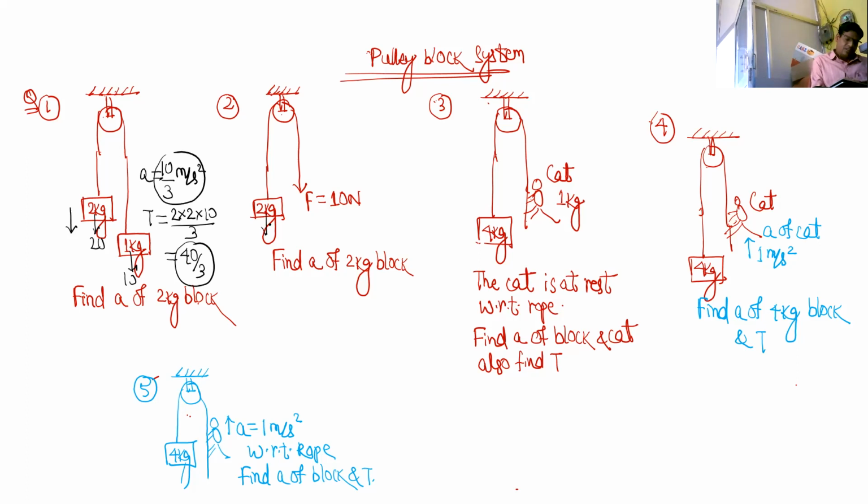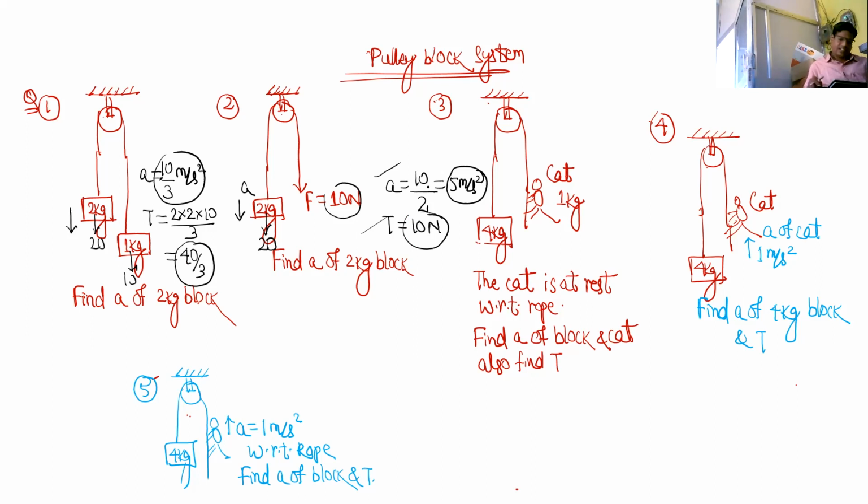On 2 kg block, if you draw the free body diagram, this side is 20 and this side is 10, so net force is 10 this side, so it will go down, but total mass here is 2 only, you see, so it is 5. Acceleration here will be 5, and here tension will be 10 only. You are pulling the rope with 10 Newton force, so the tension will be 10. Remember, what is tension? How tight the rope is. So with whatever force you are pulling the rope, the tension is that much. As simple as that. Have you got this much?